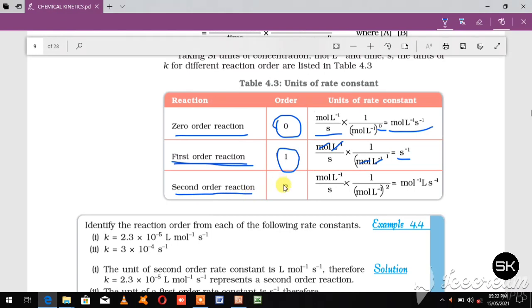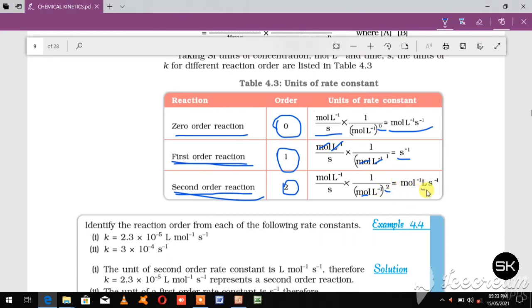For a second order reaction, order is equal to 2. This is the unit of rate into 1 by mole per liter to the power 2. Since it is a second order reaction, here the order will be 2. So it will be mole square liter to the power minus 2. So per liter and liter to the power minus 2